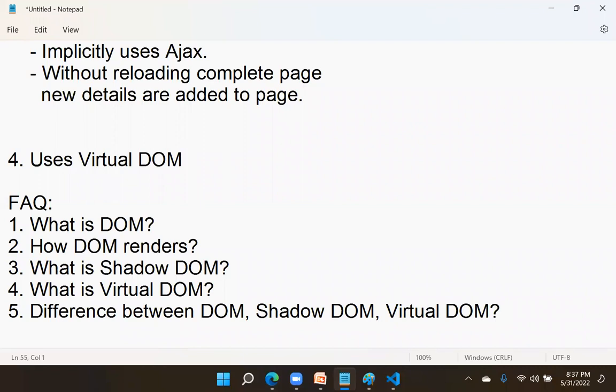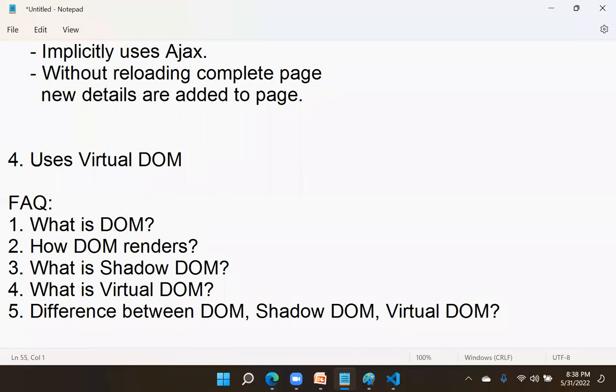That means we need to know the clarity of DOM, shadow DOM, and virtual DOM. I hope everybody knows what is DOM. Right? You learned in HTML, JavaScript, what is DOM, and you know what is shadow DOM. So if no problem, I will give an overview of what is DOM and shadow DOM and virtual DOM, because without that, you are not a React developer. That means you must have knowledge of these three things that we will see in our next session tomorrow.